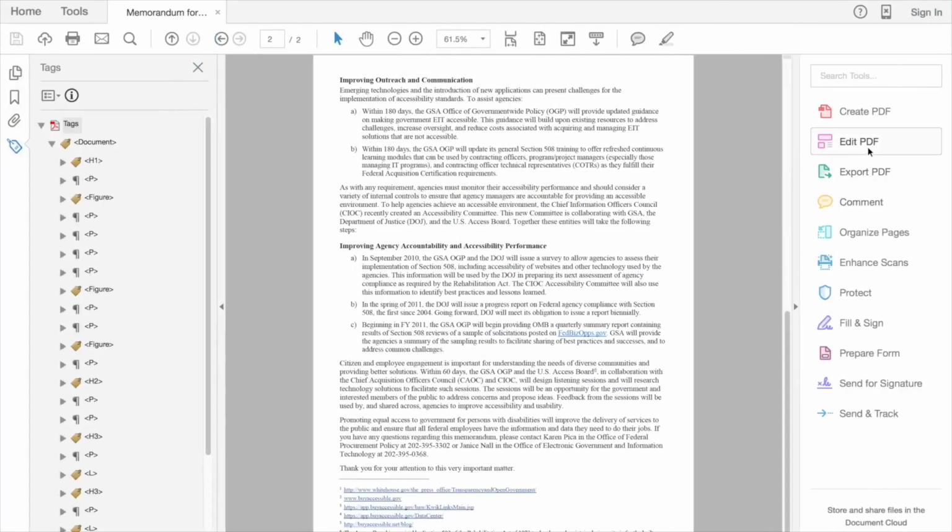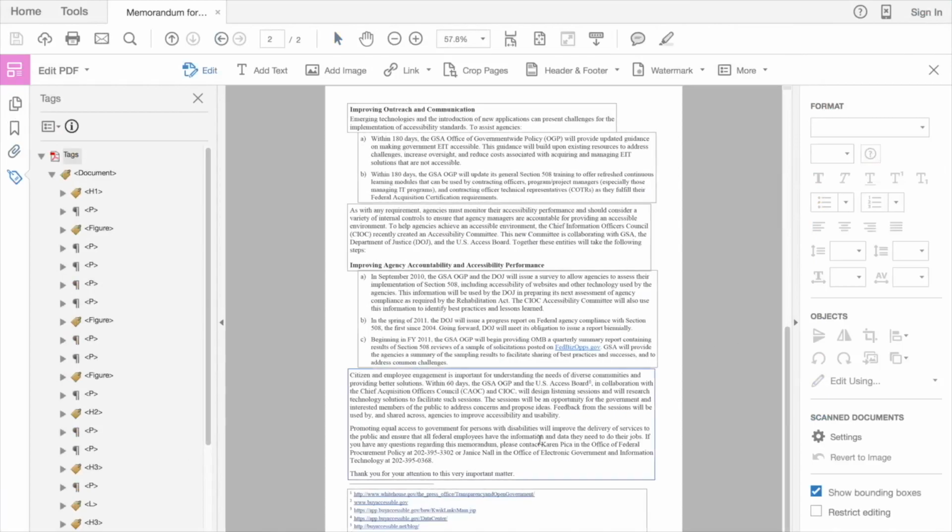Now I want to click on Edit PDF. I can see all the dark borders around the text making it editable, but I'm not interested in the actual text content. I want to edit the hyperlinks. When PDFs get created, they're basically electronic printouts. The content in a PDF is stacked on layers, and that information is related to the code that creates the PDF. On the horizontal menu above the PDF document window, click on Link.